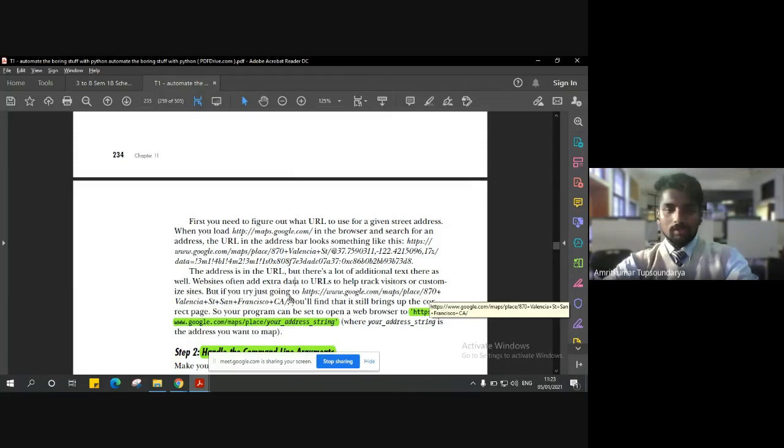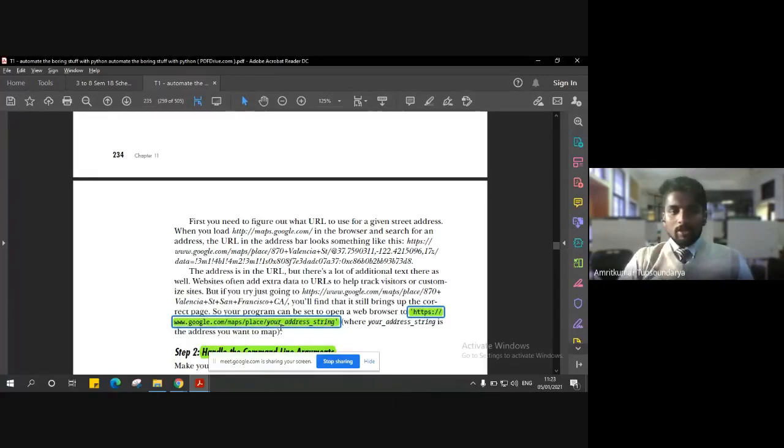After place, you can simply type whatever address you want to look up on the internet. The syntax for that is https://www.google.com/maps/place/ followed by whatever address you want to search. So this is just the first step, that is finding the URL.